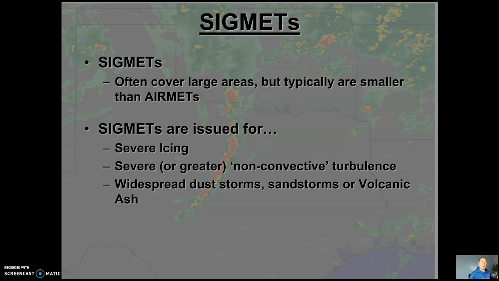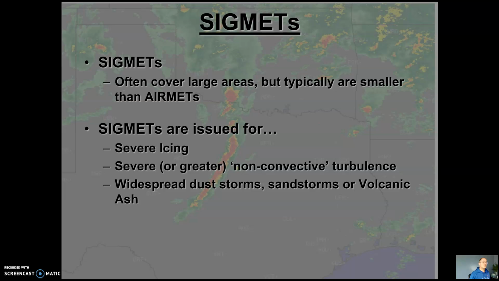Not common. That's one thing I would say about SIGMETs. These are not going to be something that you would go out every day and see at least a few SIGMETs. As we get into convective SIGMETs here on an upcoming slide, they are more common than other SIGMETs. Note, though, again, these are going to be related to conditions occurring outside of convection. Widespread dust storms within the United States, not particularly common. This isn't going to be a small-scale haboob or something blowing ahead of a convective line.